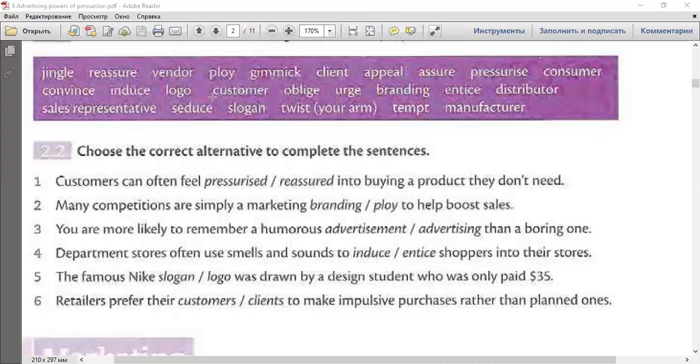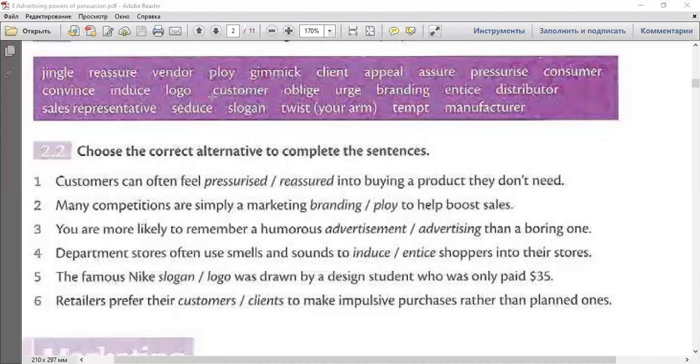Okay, so number 1, customers can often feel pressurized, yes, pressurized into buying a product they don't need. So they feel the pressure from the vendor. So many competitions are simply marketing. So it's a marketing ploy. Ploy here means trick. A marketing ploy to help boost sales. So marketing ploy, it's a nice collocation that you can use either in your speaking or in your writing, if